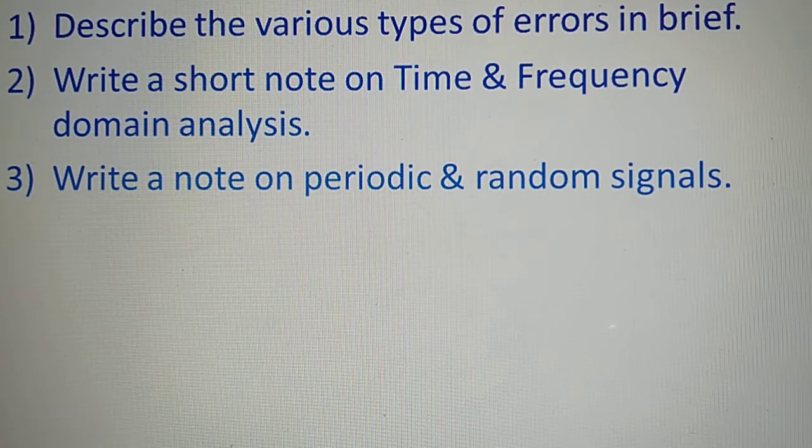One more thing I would like to suggest: download the question papers from the university website and keep those question papers with you, so that for the next few modules you have questions with you, and we'll go by the syllabus and try to cover the next few modules. So next time I will start the next module.